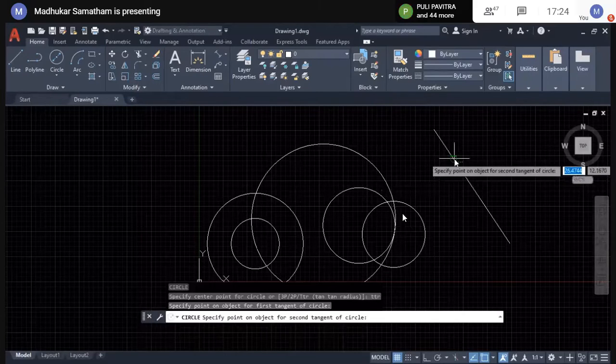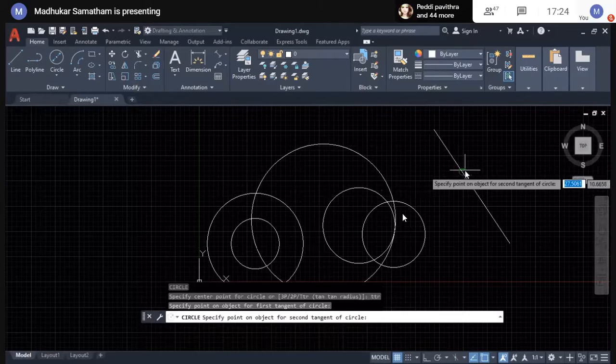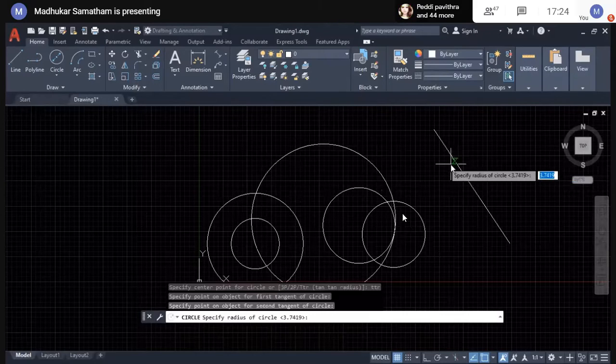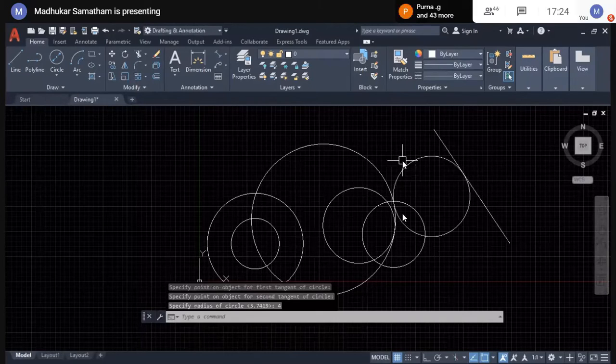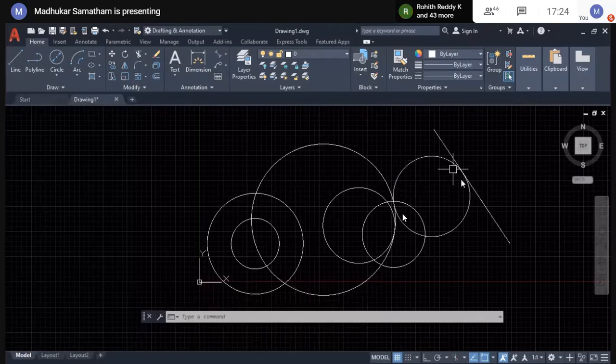Second tangency point. This is my second tangency point. By default, it will show you the circle radius. You can enter if you want to continue with that, or else if you want to specify a particular radius, specify it, enter. So tangent to this line, tangent to this circle, with the radius of 4, we are able